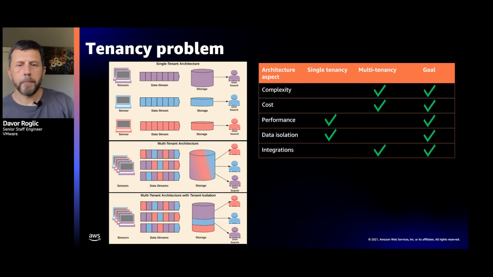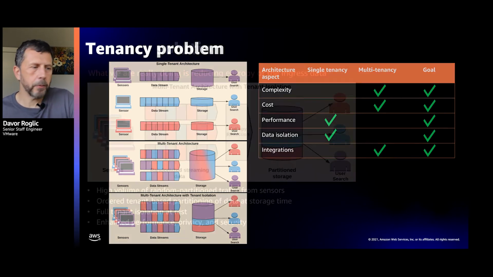And finally, after analyzing both of these, we actually decided on a hybrid solution. We use multi-tenancy, but with the tenant isolation at the indexing and the search layer. There is a single index stream that can be easily scaled in and out, but at some point we separate data physically at the storage layer, which simplifies things and makes sure that search performs well and the data is isolated. This kind of checked all the boxes for us. Let's dig deeper into that.